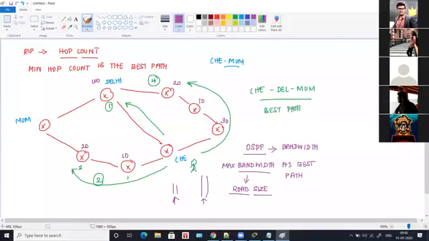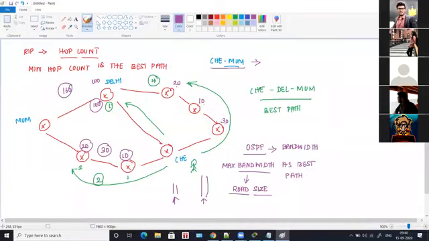Now how does it consider? See here. Same for Chennai to Mumbai. If you wanted to identify the best path, it will first see this way. When it goes, you have 10 and you have 20, so the maximum bandwidth is 30 here. And if you wanted to go this way through Delhi, you have 100, so 100 is the maximum bandwidth. And if you wanted to go this way, then you have 30 plus 10 is 40, 40 plus 20 is 60, and 60 plus 100 is